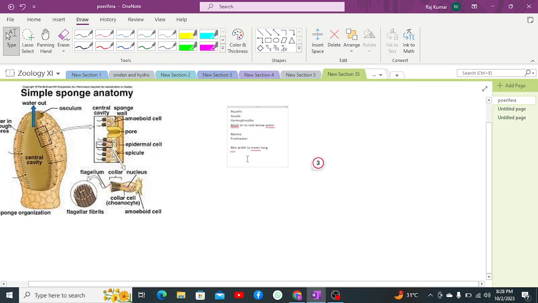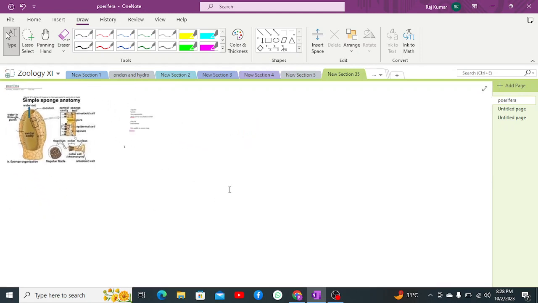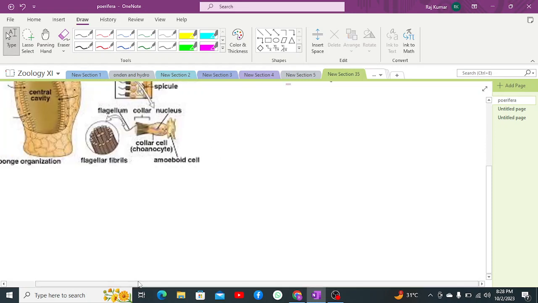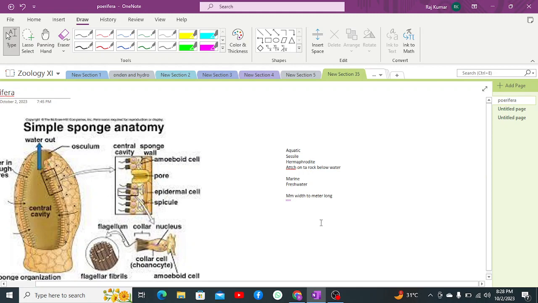And now let us discuss how they function. Basically, they have two layers of their body. The word Porifera means pori, meaning pore, and fera, meaning the bearer, which means they are pore bearers. They contain several pores which are known as ostia, singular ostium. These ostia open into a